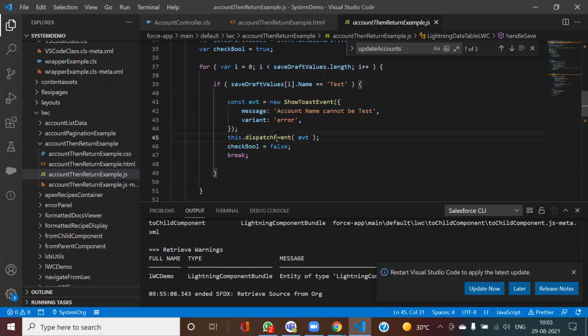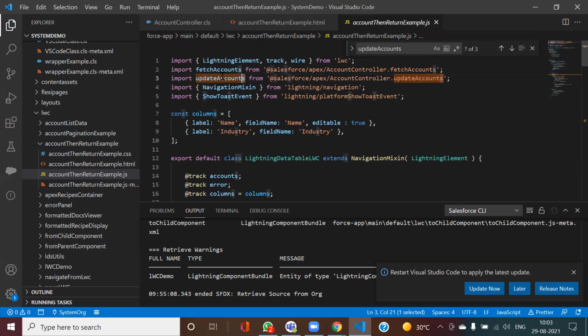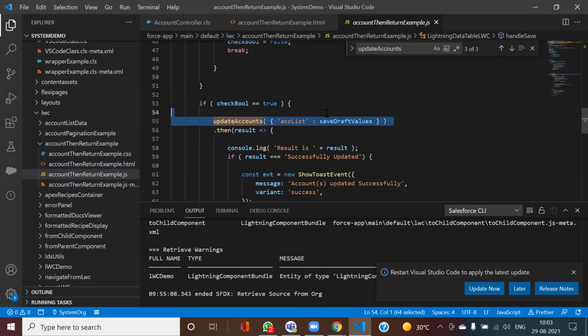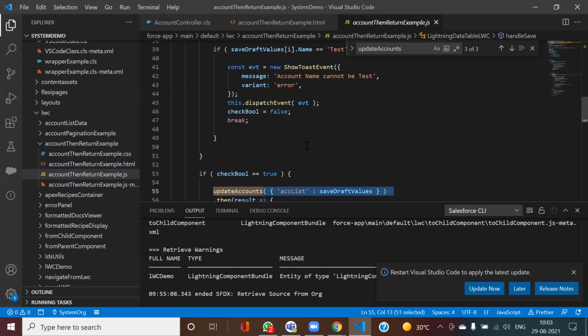Then I can go into there. Just like the wire method, in case of wiring you need to import the method name from your Apex class, and after that, with @wire, you can use it directly. But in case of imperative Apex, you just import your method name, and inside your JS you can call that method directly. That's it. This is what has been done for updateAccounts here also. I just import it and call it directly. Is this clear? Then I can go to the error.